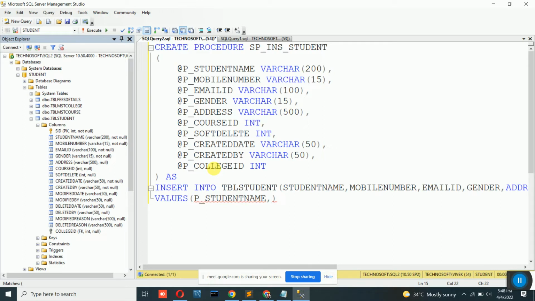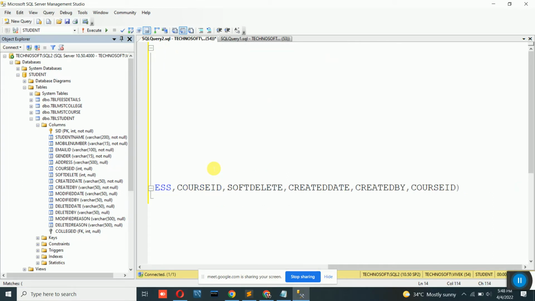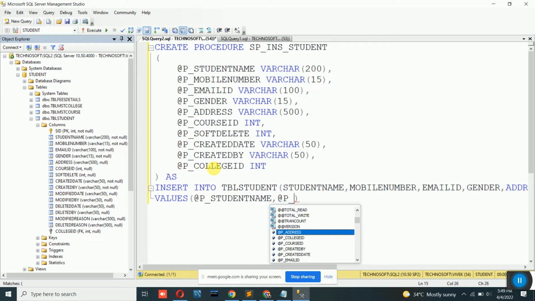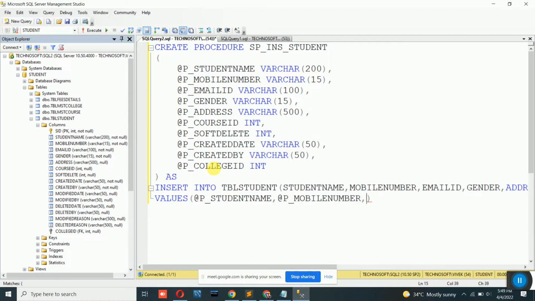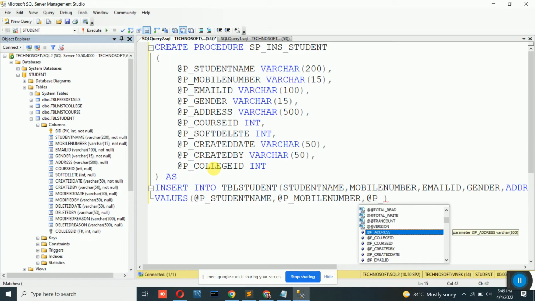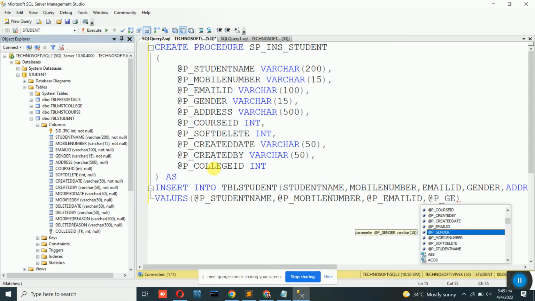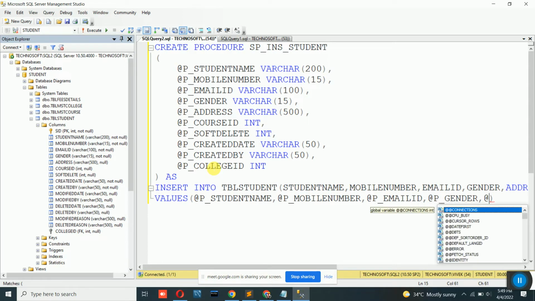Next it is P arrow, then why it is showing error, okay, we missed the at symbol, so @p_student_name, then it is @p_mobile_number, comma @p_email_ID, comma @p_gender, comma